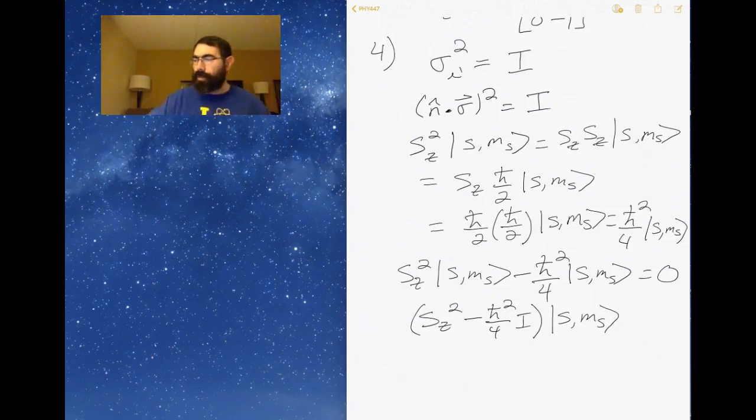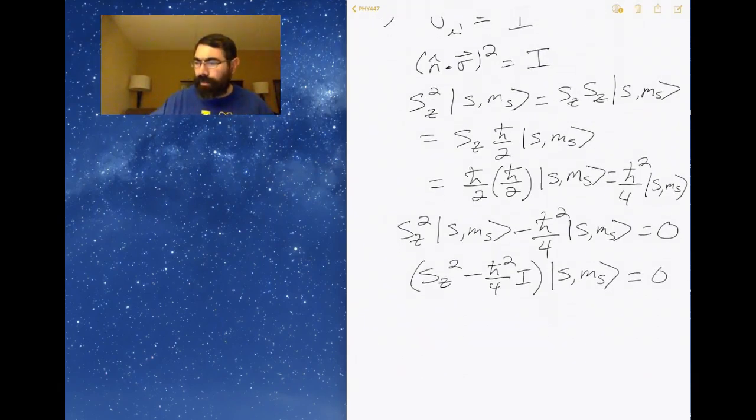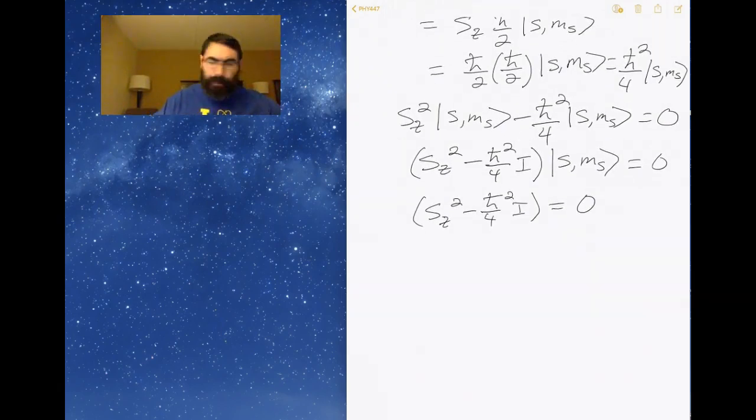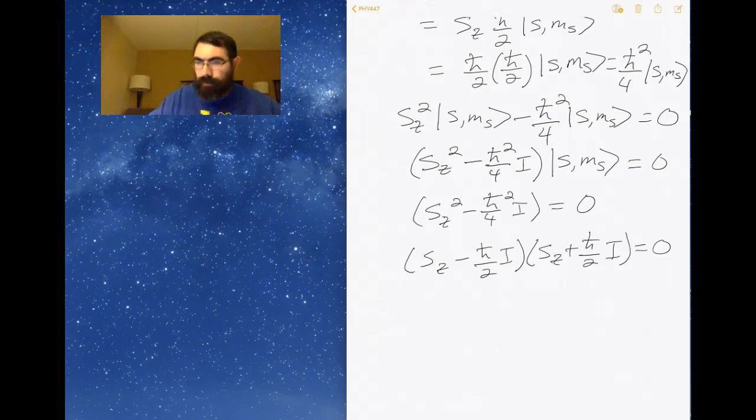Basically, I factor out the state, which means that these operators have to be equal to 0. So I could write this out now. I can factor it, like so. Now, if I generalize it to all directions,